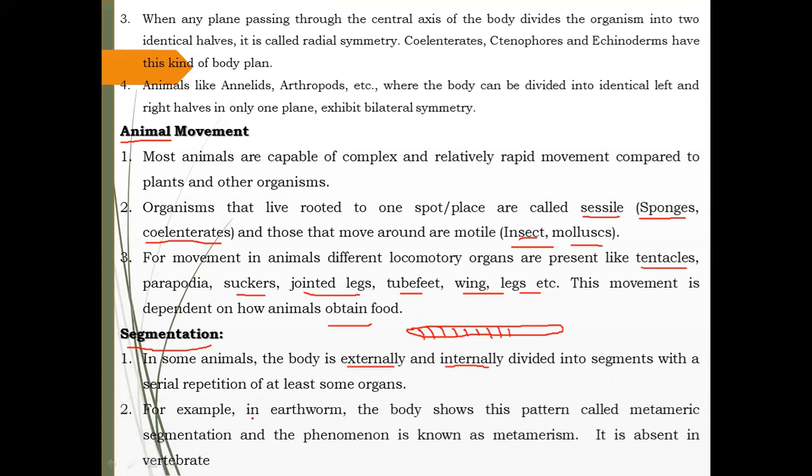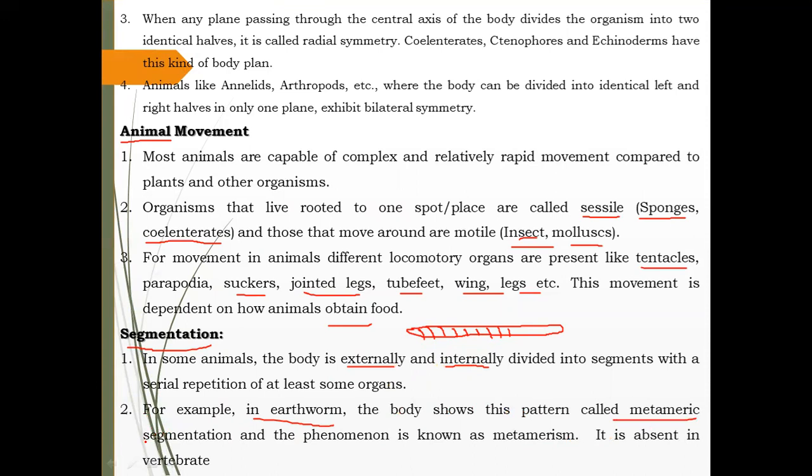For example, the earthworm; I drew this diagram showing segmentation present on the earthworm. The body shows this pattern called metameric segmentation, and the phenomenon is known as metamerism. If animals show total or complete segmentation, externally plus internally, that is called metameric